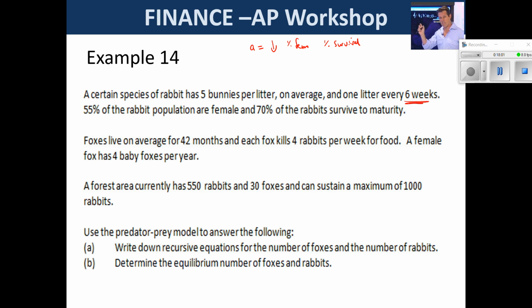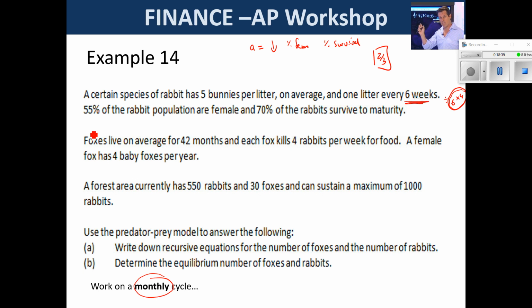Okay, that's interesting. I just want to add something at the bottom here. We've been told that we're working on a monthly cycle. So what I would say here for the A, if we want to work on a month, I'm going to divide this by 6 and then multiply by 4, so that I can convert this to months and not weeks. And 4 over 6, so I'm then just going to be working out 2/3 of that total, which is 4/6. So I'd work out there are 5 bunnies per litter,